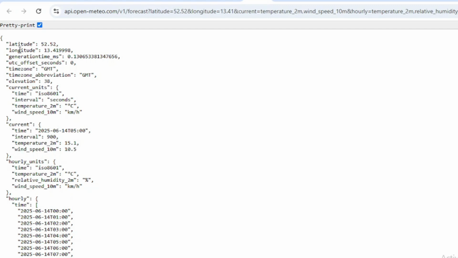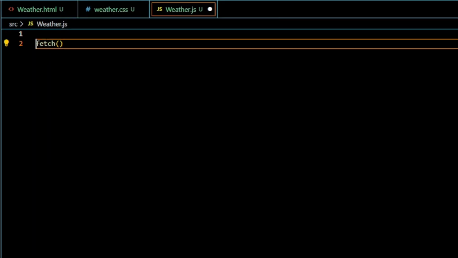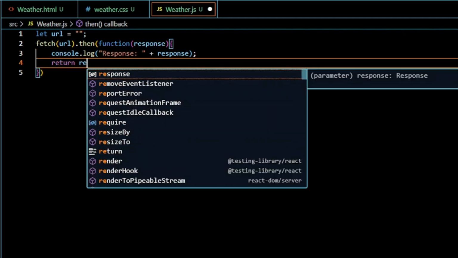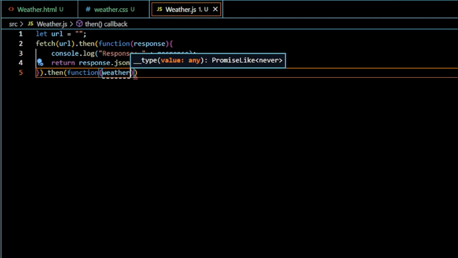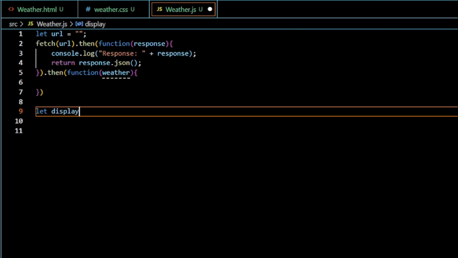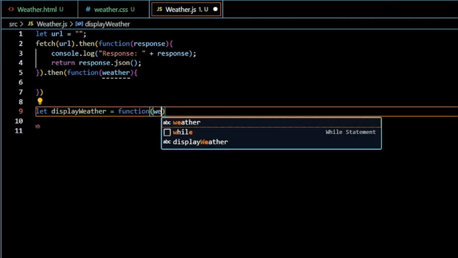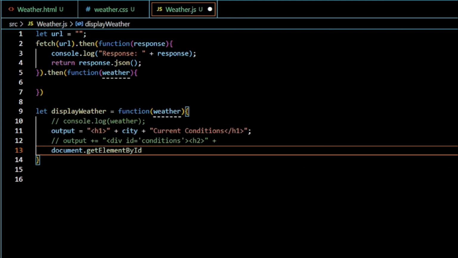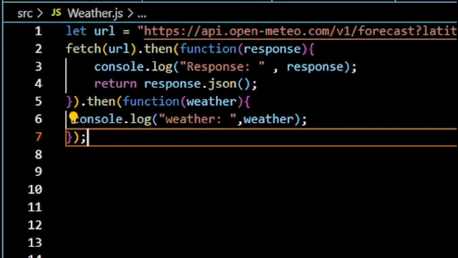However, in this example, I already have JSON via open-meteo.com. We will be utilizing this URL in our fetch method. In our fetch method, we are passing this URL, and then this fetch method returns a promise which, on getting fulfilled, is handled by the then method. Inside the then method we are handling the response that is getting returned, followed by another then in which we are calling another function,